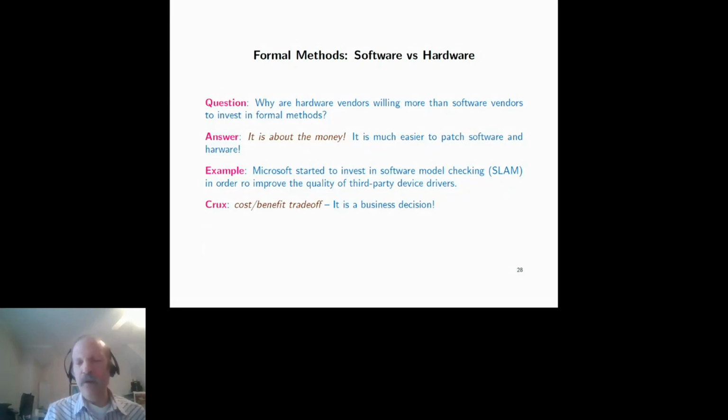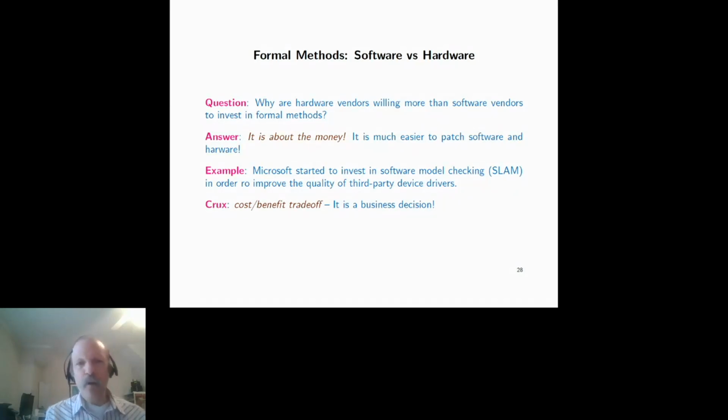But if you look at what happened to Intel with the Pentium when there was the floating point division bug, it cost them $500 million to recall and basically tell you, if you have our chip, our CPU, we will replace it for you. And the estimation is that today the world is much bigger. Today it would cost 10 times as much, maybe even much more than that. So this brings a whole new dimension to this. It's about the money. Money makes the world go round.